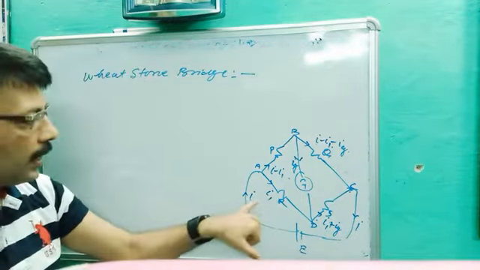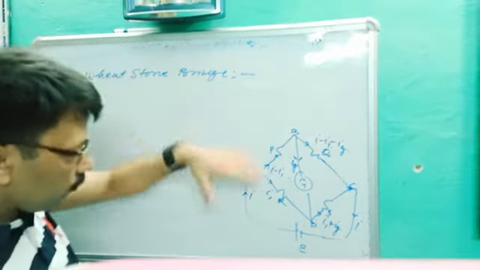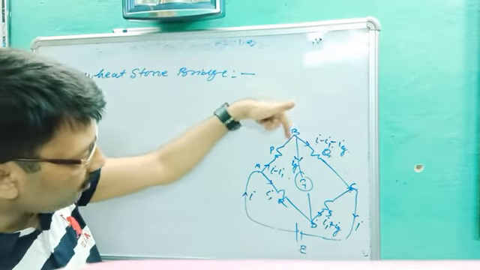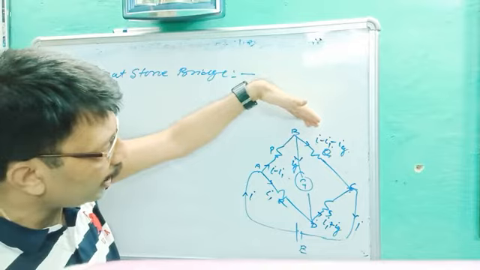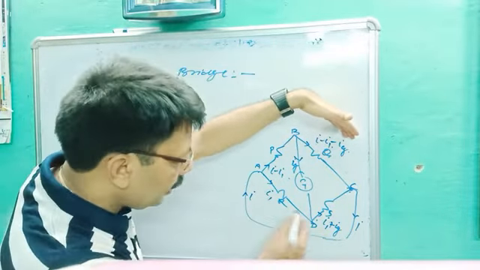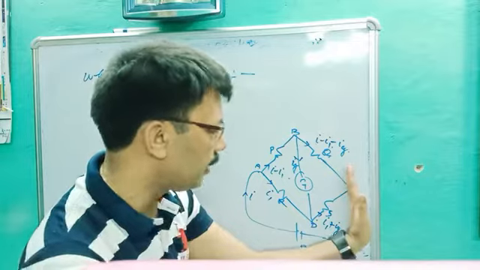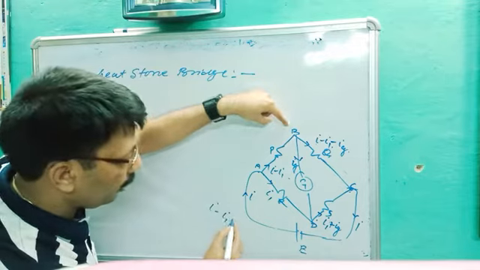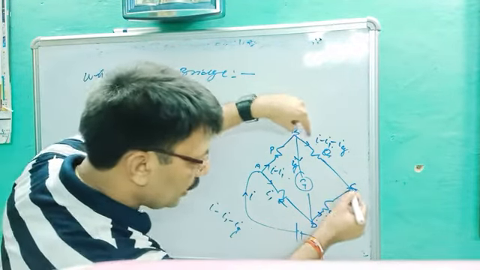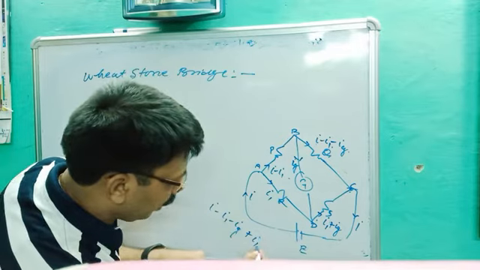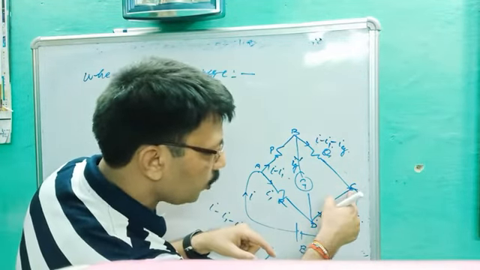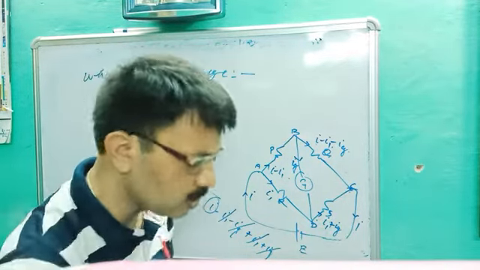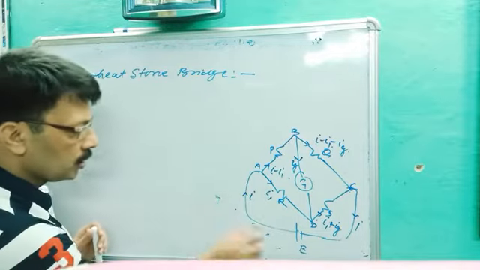Once again, current I is drawn through the main battery. If I1 current moves through branch AD, then it will be I minus I1. If IG current is drawn through the galvanometer, then it becomes I minus I1 minus IG. IG and I1 meet at D, then it becomes I1 plus IG. At C, I minus I1 minus IG is joining C, and I1 plus IG is again joining C. It means I1 cancels, IG cancels. You will get only I. You are getting I. It means our current distribution was correct. Okay. So this is the current distribution.